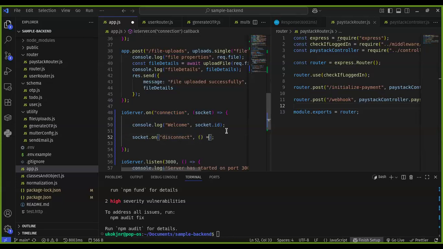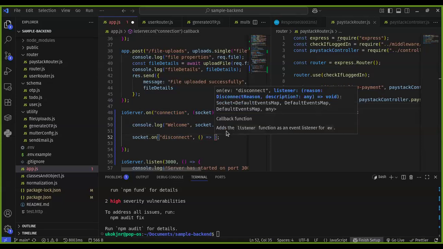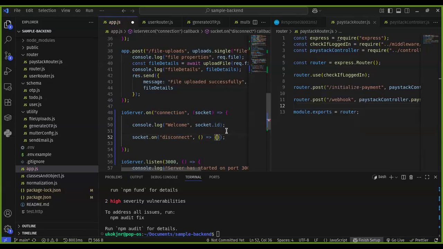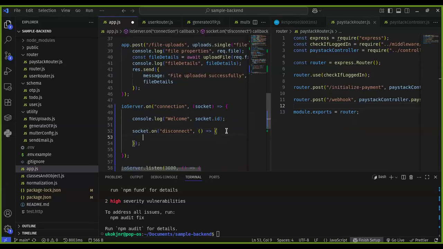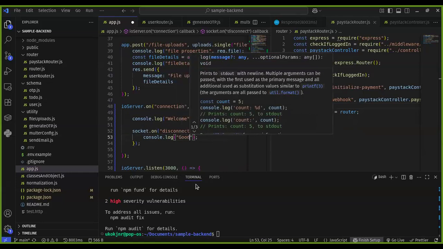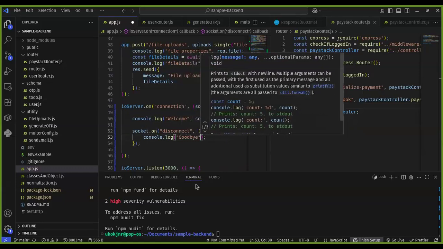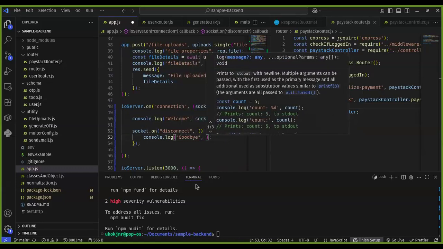So we then say, this one has a reason why you're disconnecting, but it's not necessary for you to put the reason. The reason might be because of network or maybe an error or something. But at the end, what you might want to do, let's just say for now, is console.log goodbye, and then we say